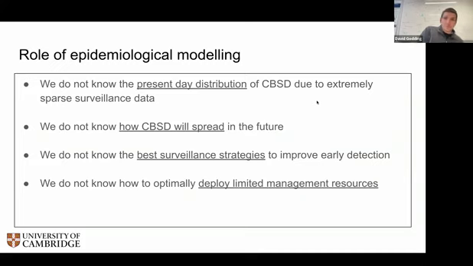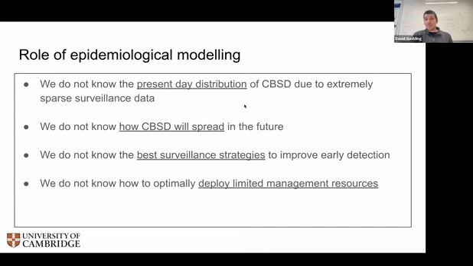So what is the role of epidemiological modeling in this system and trying to help here? Modeling isn't everything. There are things that need to happen in the real world. There are things that modeling can do to help make you more strategic, reduce the uncertainty around certain questions. One really critical one is the data is so sparse here, right? Data on COVID was bad enough in say sub-Saharan Africa, let alone when you're talking about an epidemic in plants, right? There's not much focus on this, and that means that